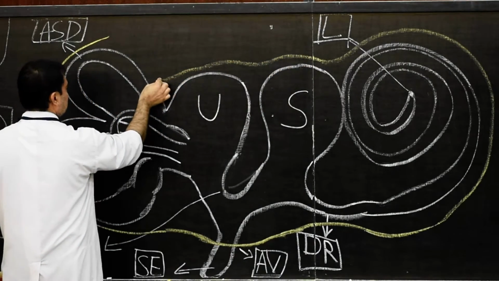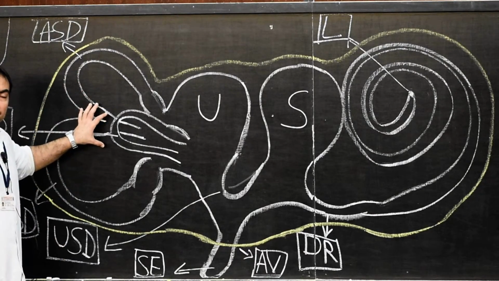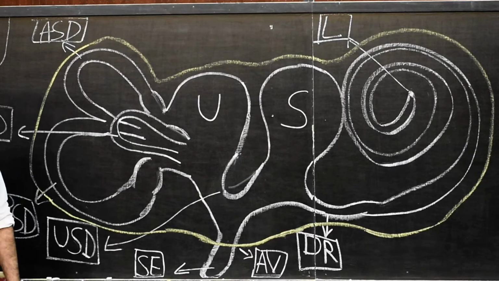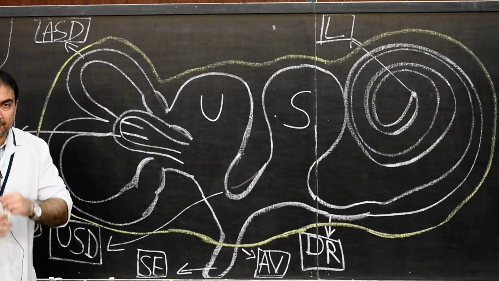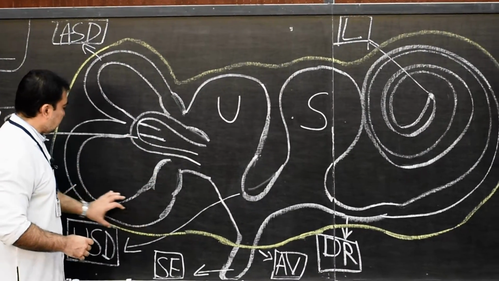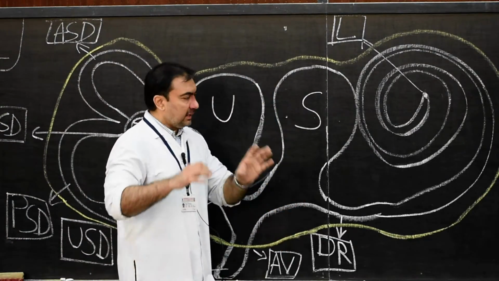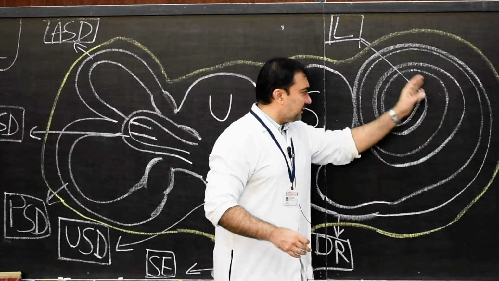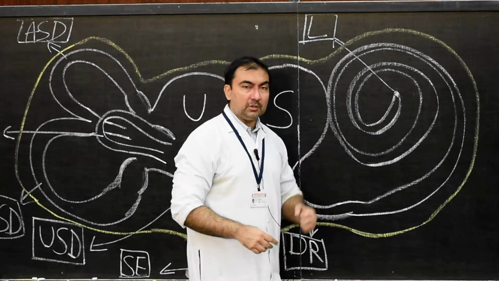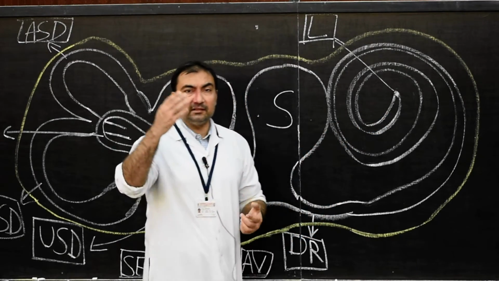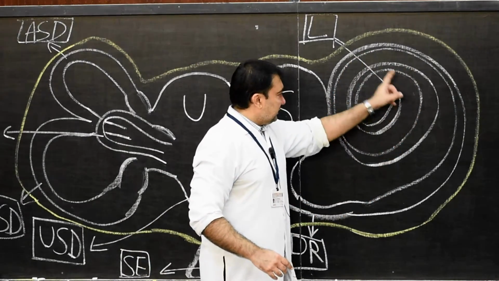Vestibule will cover the saccule and utricle, and semicircular ducts will be covered by semicircular canal. We are simply enclosing. We don't want to go in various detail because bony labyrinth we have already finished. This bony labyrinth will cover the semicircular ducts as semicircular canals. It will enclose the saccule and utricle as vestibule, and the same bony labyrinth will cover the entire turnings of the cochlear duct as cochlea. So how many turns will be there of the cochlear duct? Membranous labyrinth, the same turnings as the cochlea of the bony labyrinth. That is 2 and 3/4.